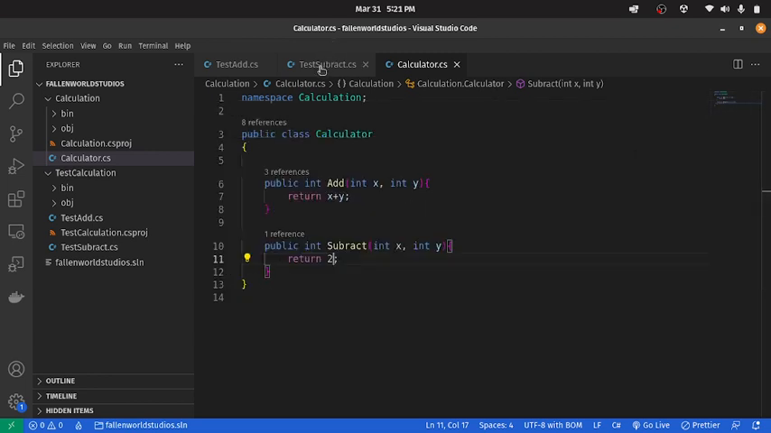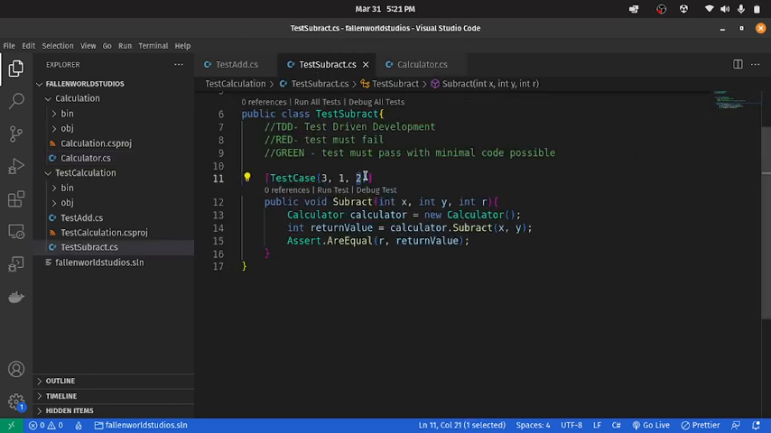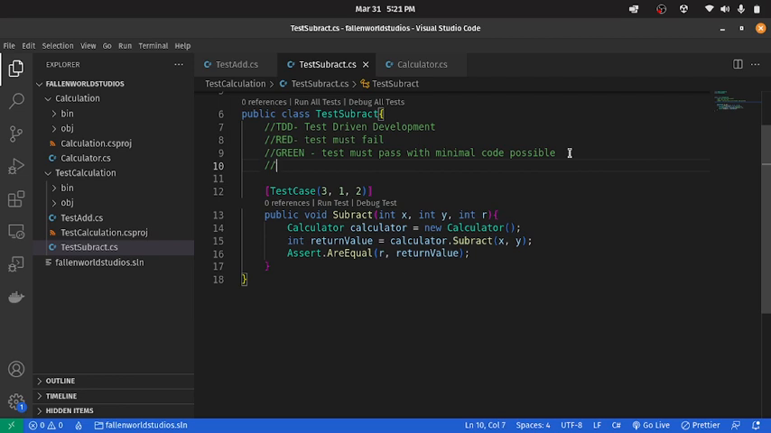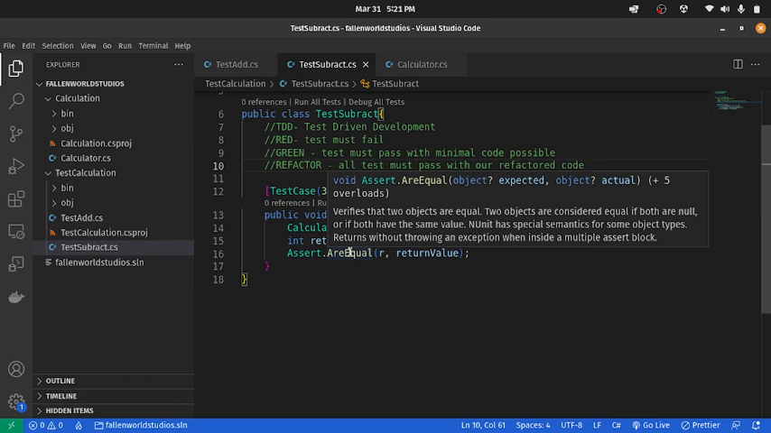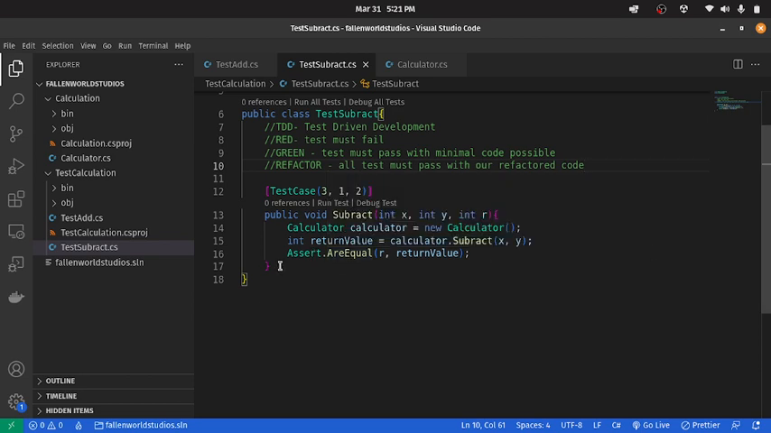So what we're gonna do is we're gonna say now we must refactor. Tests must pass, all tests must pass, all tests must pass with our refactored code, right? So what we're gonna do is we're going to